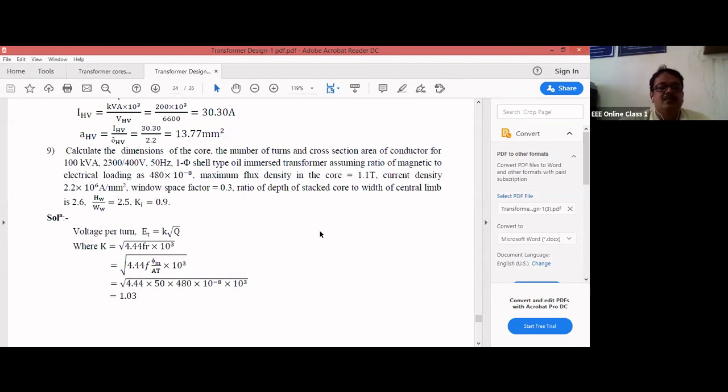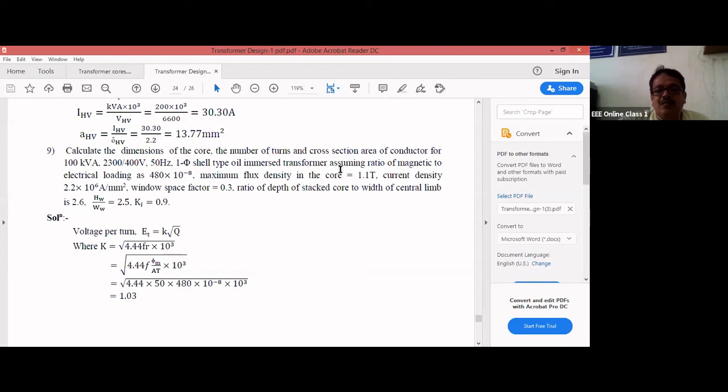Ninth problem. Okay, calculate the dimensions of the core, the number of turns, and cross-section area of the conductor. The same thing: dimension of the core, number of turns, and cross-section area means calculate everything. Dimension of the core, dimension of the window, main dimensions, everything you should calculate. And the cross-section area of the conductor with respect to LV winding and with respect to HV winding for a single-phase shell type